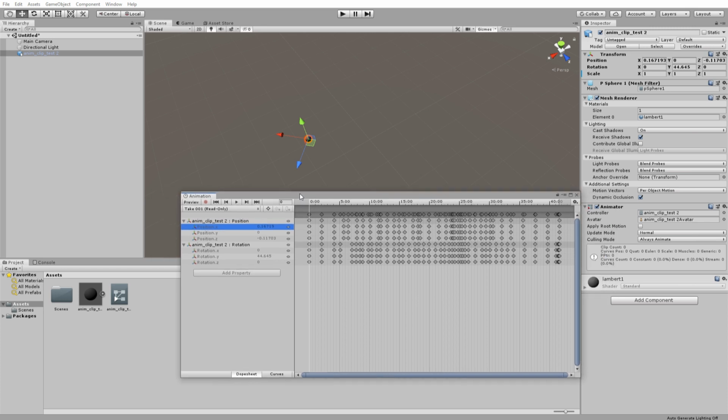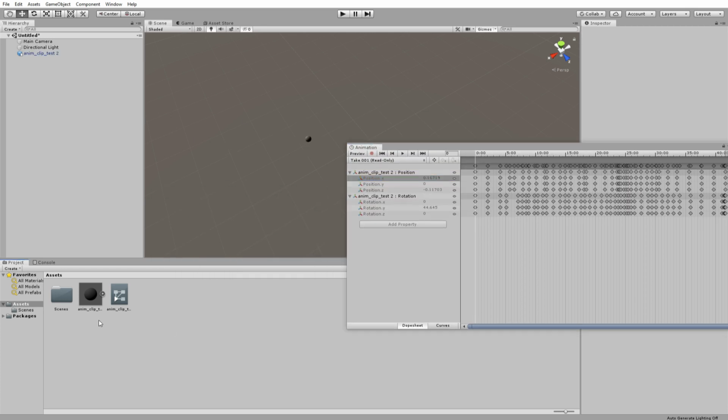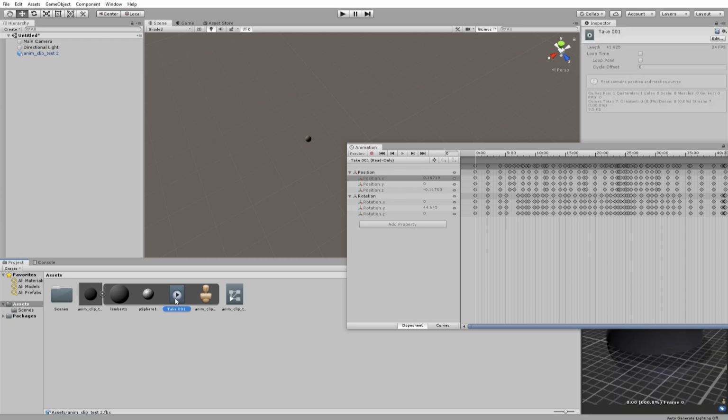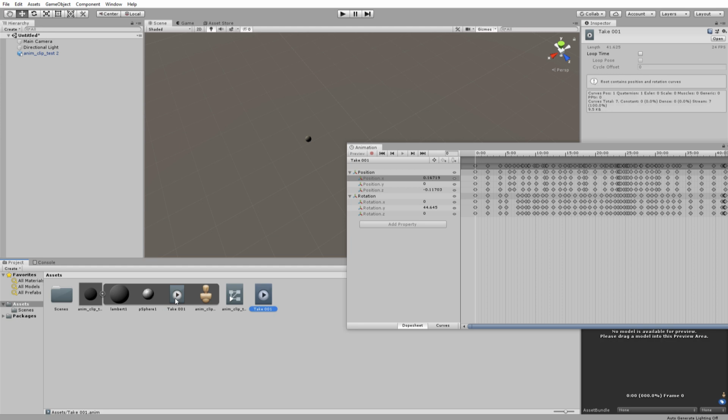It's pretty easy. Just go to the FBX clip in the project directory. When I expand this, you can see this clip, Take 001. Select the clip and press Control D to duplicate. When you do that, the clip automatically comes out from the FBX file. So now this is a Unity animation clip.